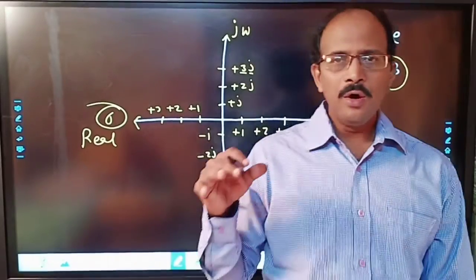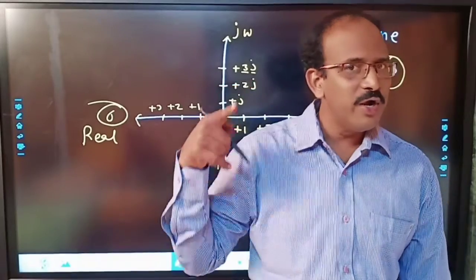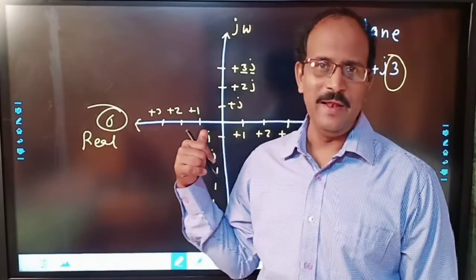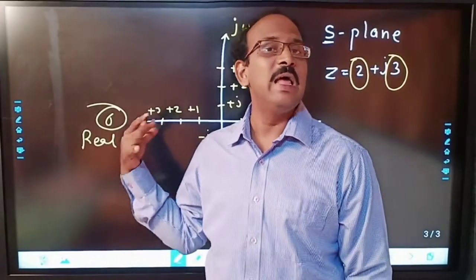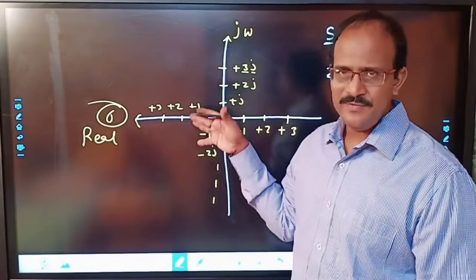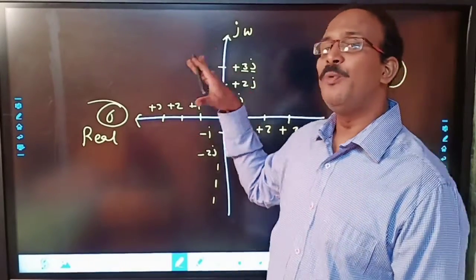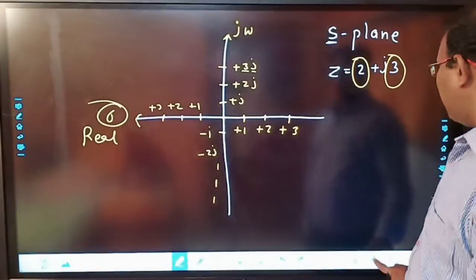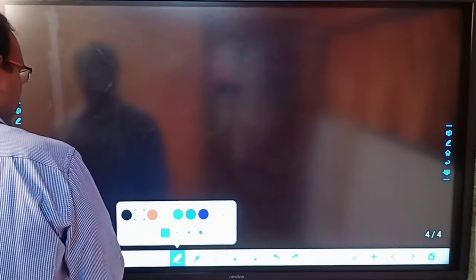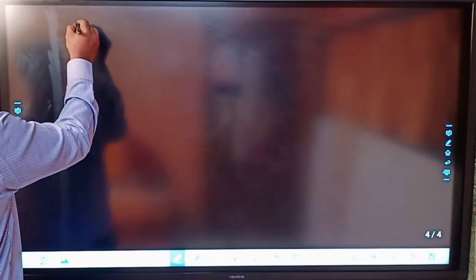This graph is the presentation of the transfer function or the roots on a plane, but this is not an ordinary plane. It is called the S-plane, or Laplace plane, because whatever we present is in Laplace form. Getting roots and plotting them on this is called plotting pole zero. This is called the pole zero plot. So next I will draw a pole zero plot, and I will explain one example. I take the first example for this.